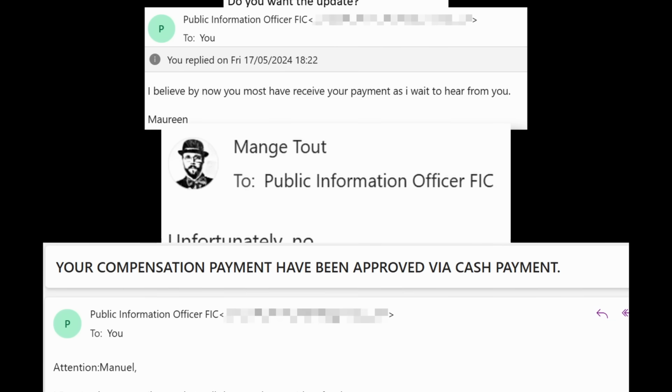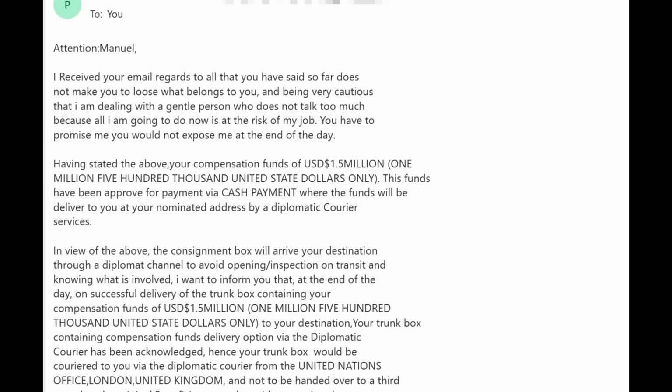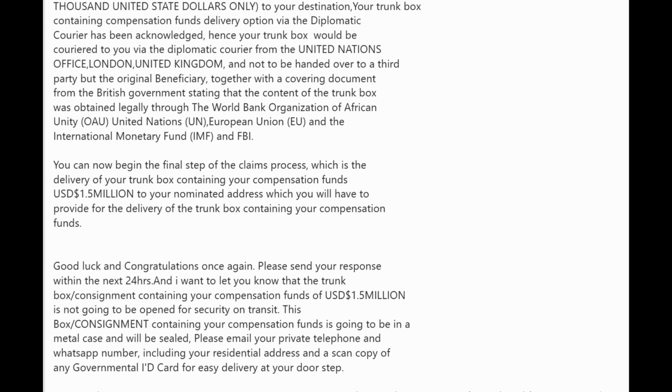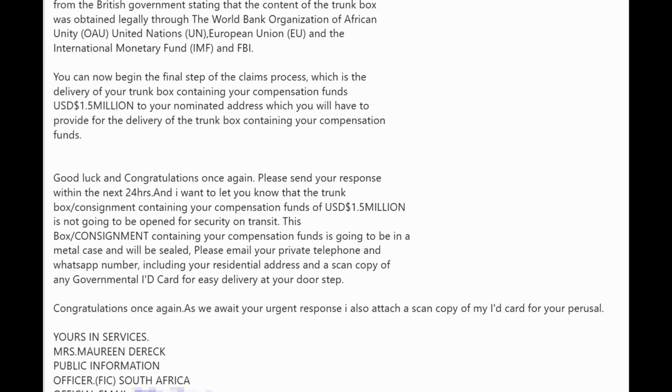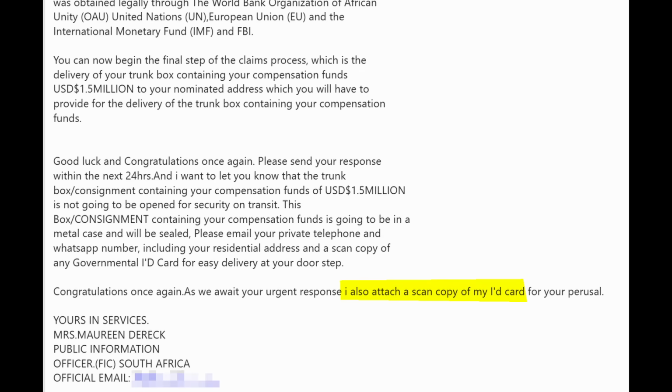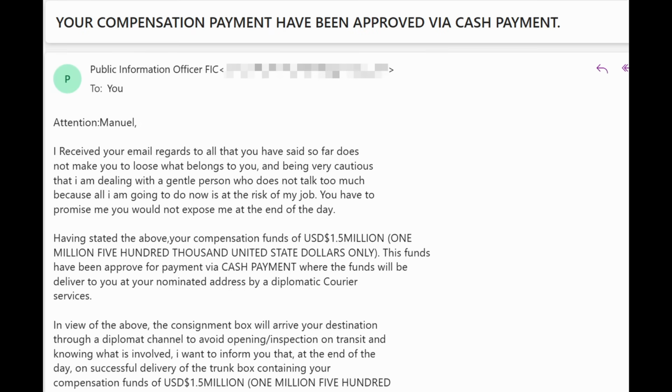The scammer then sent another long, rambling, obviously templated email, mostly reiterating details of the scam, but mentioning that they thought I was a gentle person who does not talk too much, and that I would not expose them, and also that they had attached an ID card. An ID card. However, there wasn't any attachment, so I decided to focus on that pointless detail, and replied,